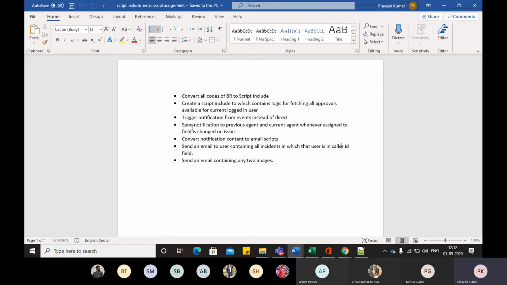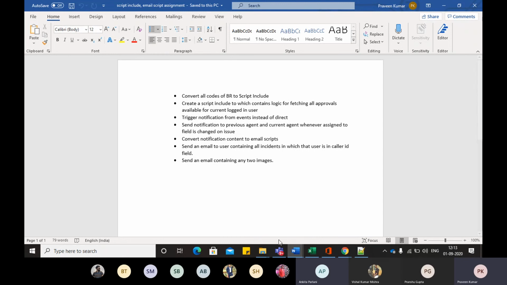Acha, so you are asking about the triggering condition. Yes, the triggering condition on the updation. Okay, whatever triggering condition you want to choose, you can have. You can do one thing: just create a UI action on your incident table. In that UI action, you can fire the event, and from that event, you can fire your email. In this way, whatever scenario you want to have, you can have it. You can decide the triggering condition by yourself. There is no restriction.